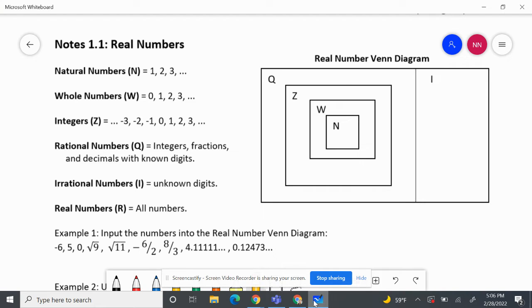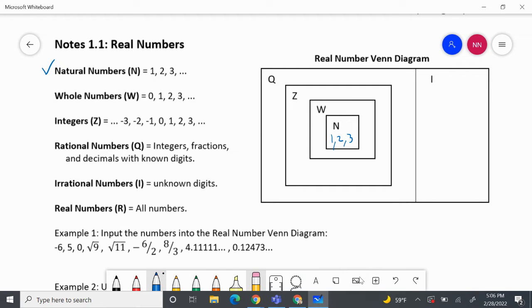What we're going to do is look at real numbers. When we start off the algebra course, it's really important to know some of the definitions, and the definition of numbers is where we usually start. What we have are natural numbers, and natural numbers are numbers that start with 1, 2, 3, and they continue: 100, 200, 1,000. So that right there is where we're going to put it in natural numbers: 1, 2, 3,